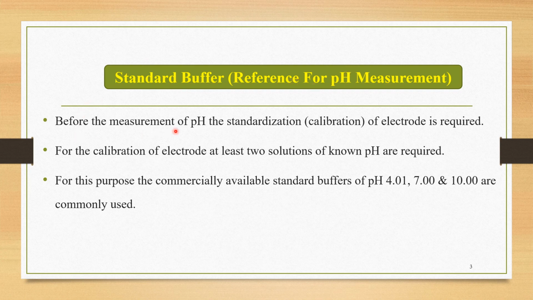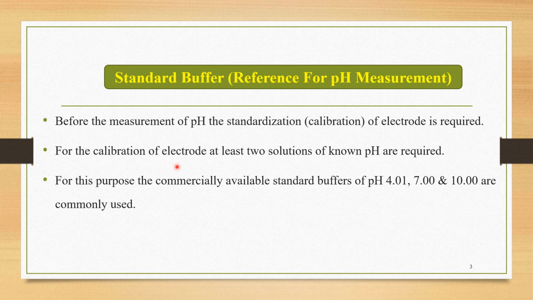Before the measurement of pH, the standardization or calibration of electrode is required. So in the last lecture, we already studied that before the actual working of the pH meter, we have to standardize or calibrate the electrode used for this pH measurement. For the calibration of electrode, at least two solutions of known pH are required. So in order to calibrate the given pH meter, we require at least two